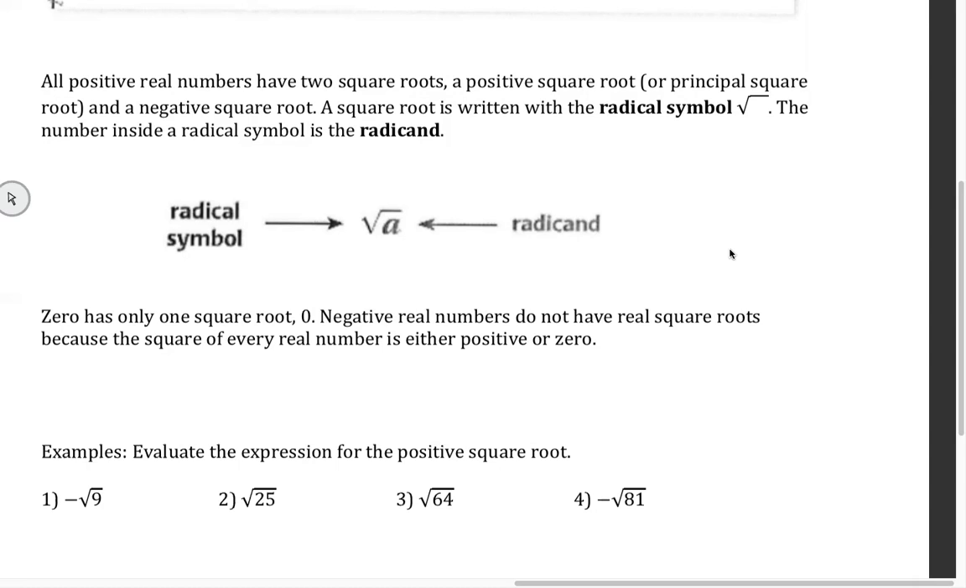The little check box or the little house looking thing is called the radical symbol, okay? And what's inside it is called the radicand. Again, mumbo jumbo. 0 has only 1 square root, so the square root of 0 is 0. Negative real numbers do not have a real square root for the answer. So if I ask you to take the square root of a negative number, you're going to say it's undefined